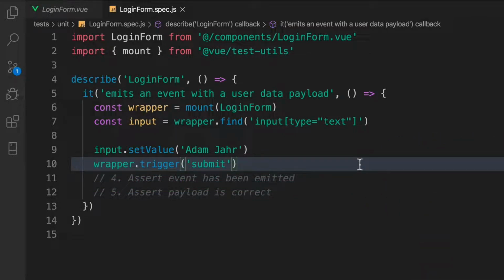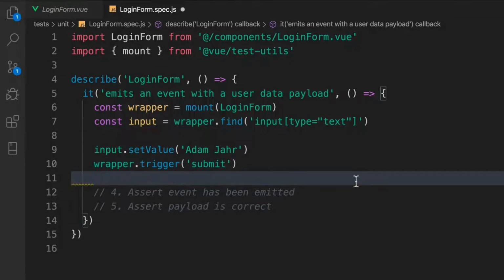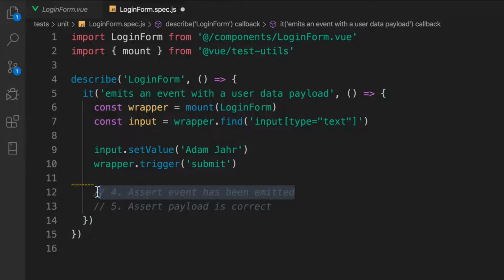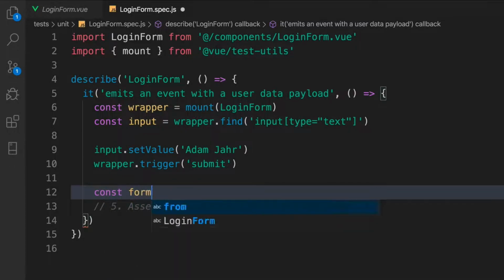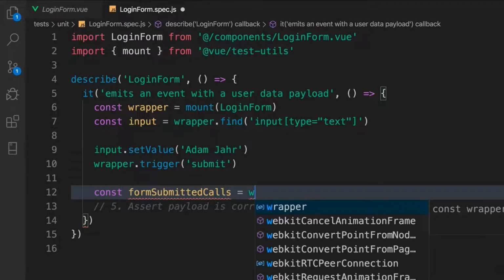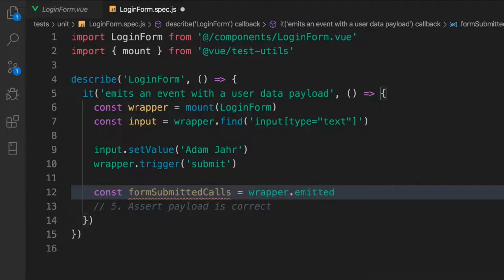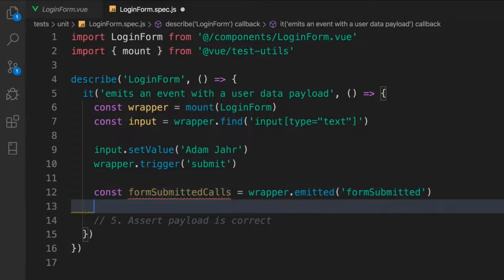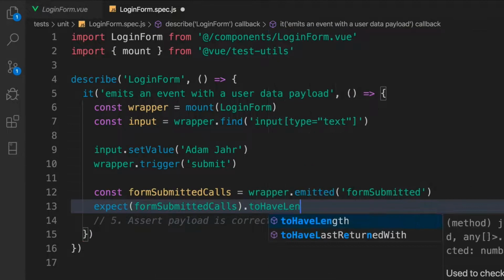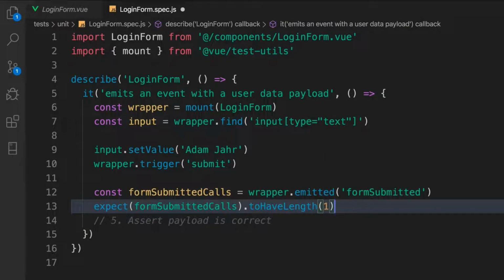Now that we've triggered a submit on the form, our custom event should have been emitted. So let's test that that did indeed happen. To do that, we'll create a const called formSubmittedCalls. And here, we'll use the Vue test utils emitted API. We'll pass in the name of the custom event that we're checking for, and this should return an array that includes our formSubmittedEvent call. Now we can expect that formSubmittedCalls array to have length of 1. In other words, we're just checking that the